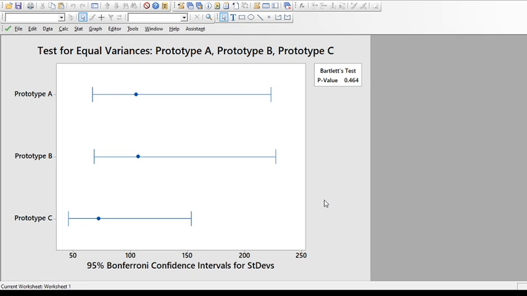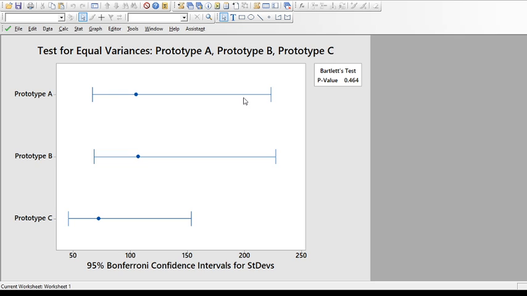Right? So you have this window popping up, which is the test of equal variance, and you have a p-value again here, right? So what's the null hypothesis for us? All the 3 types have equal variance, right? The alternate is at least one variance is different from the rest. So I have a 46% risk in rejecting my null hypothesis. So I will not go ahead and reject my null hypothesis. So I'll accept it. That means all the 3 prototypes have equal variance,